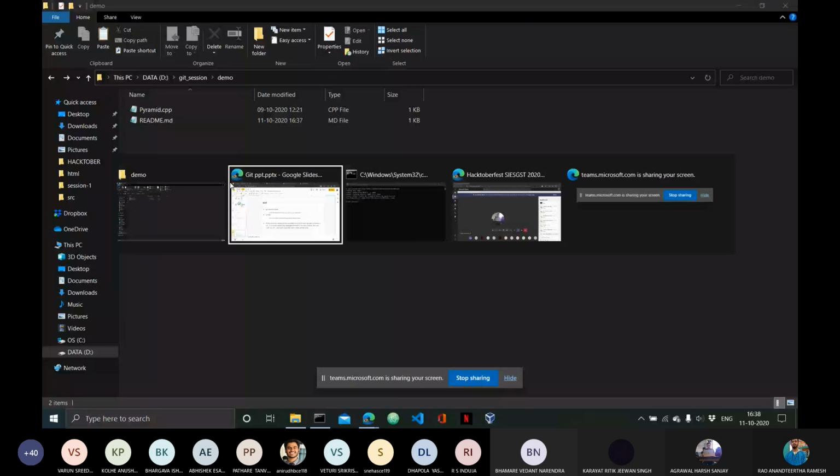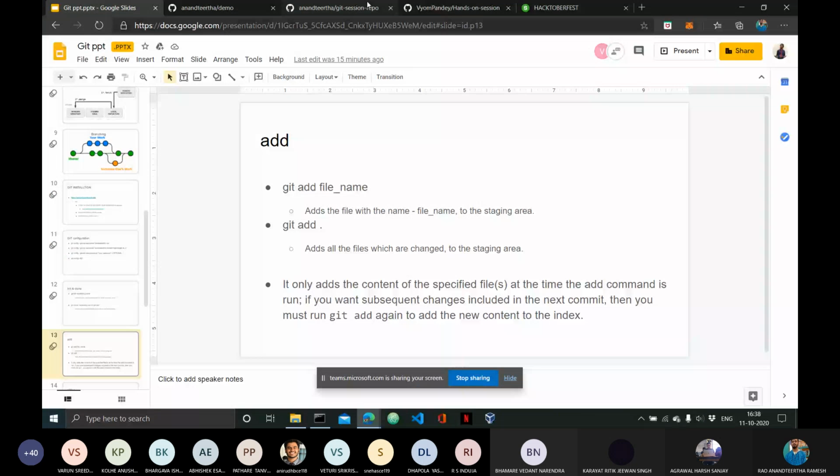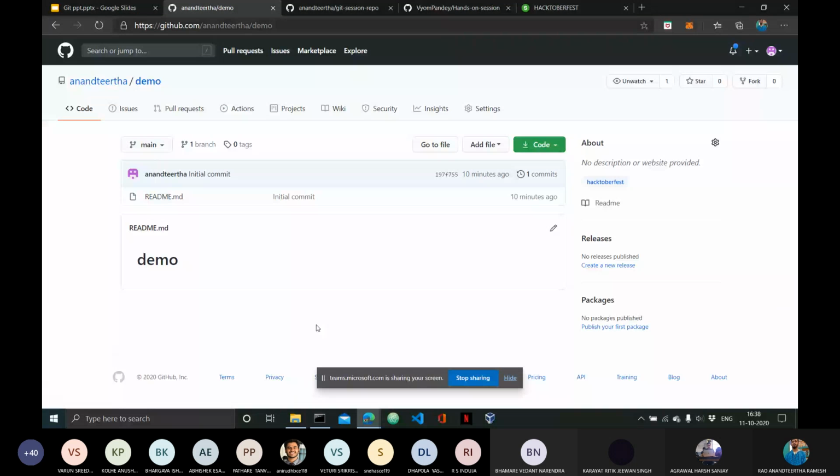If I need to see the changes inside of here, I'll need to actually add, commit, and push. I'll need to run all these three commands so that the changes that I have made inside my local working directory are visible inside the